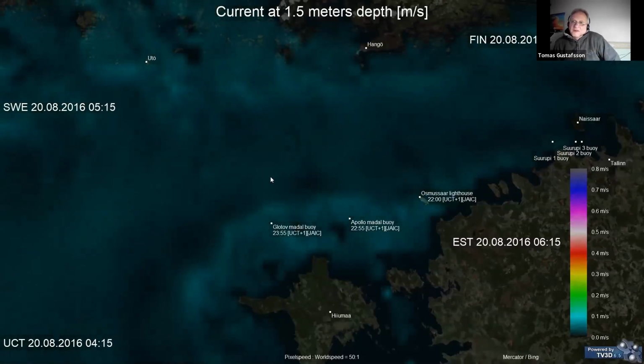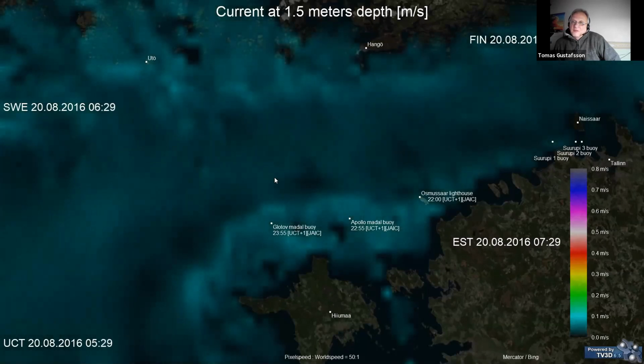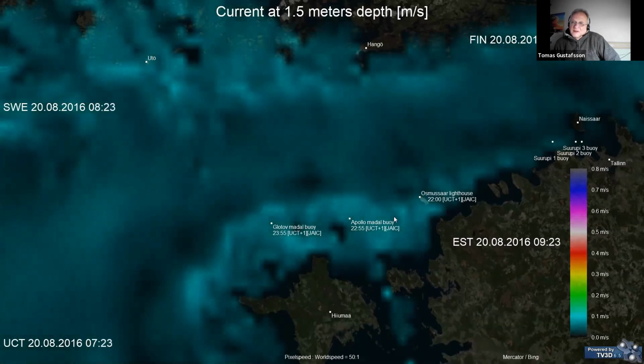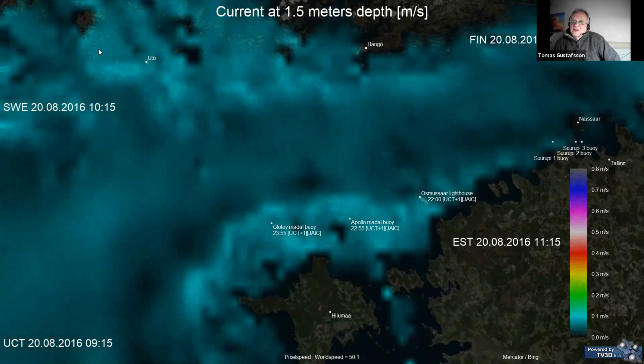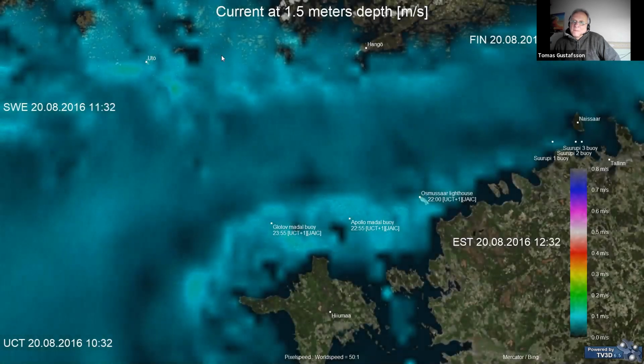This is water currents, several gigabytes of data, and if you can see these pixels, you can see how they move in different directions between Estonia here, Finland here, Sweden here, and it's pretty cool looking to see how they change over time.